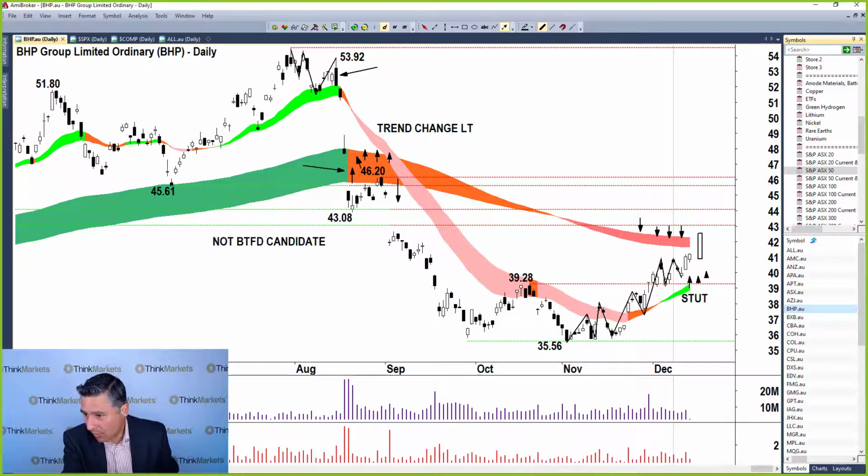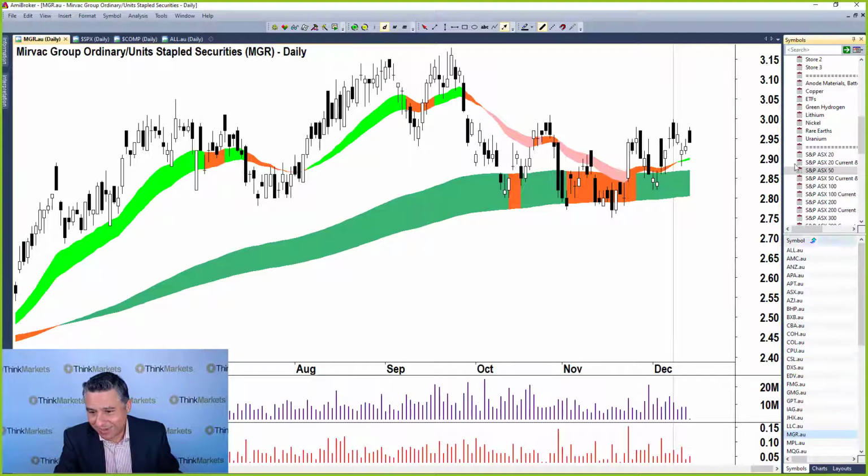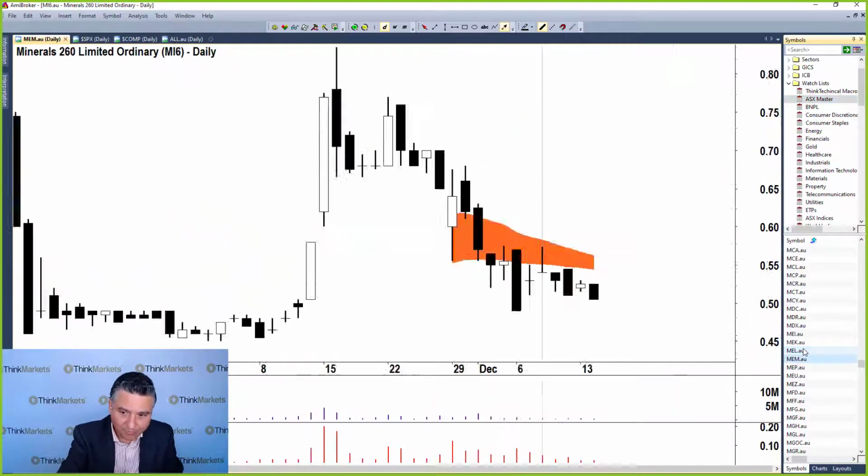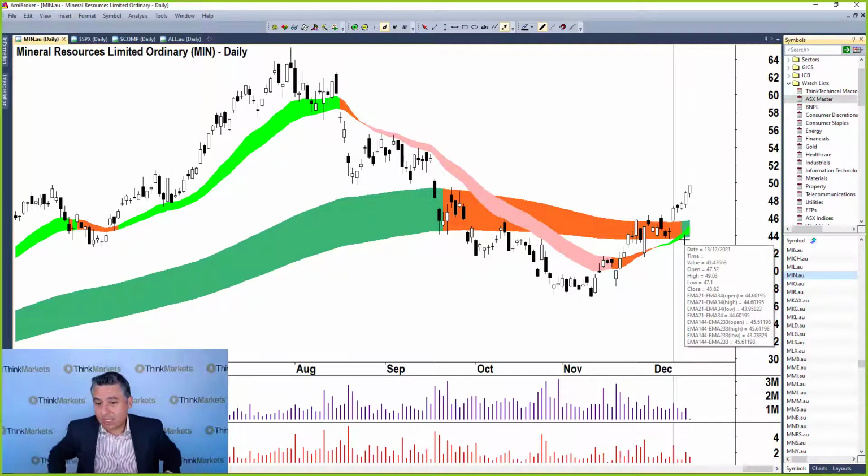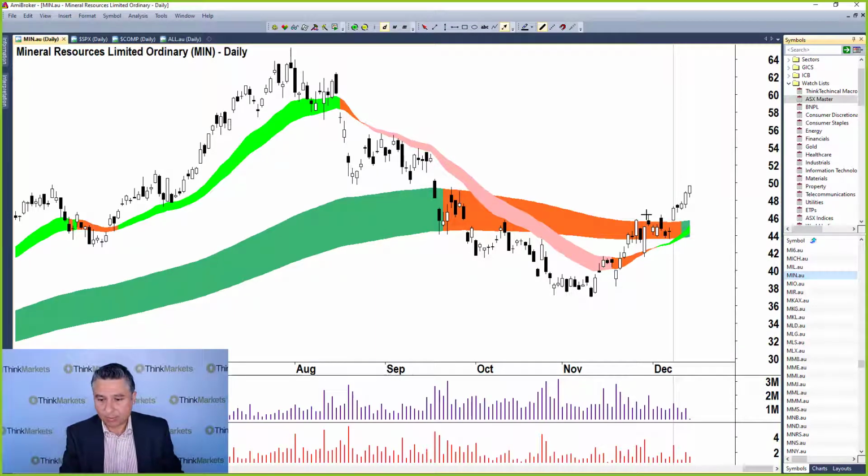Okay, we've got two more, and then we can do them quickly because they're pretty much the same stock, and then we'll finish for the day. The next one is Mineral Resources, not in the top 50, so we'll just head up here and look at those. And look, it's more advanced than BHP's now. It's probably a good follow-up to our BHP example because it's actually closed above. You can see how these long-term trend zones often resist prices. Look at that. But if we are in this trend change scenario, so going back into that long-term uptrend, you will see these